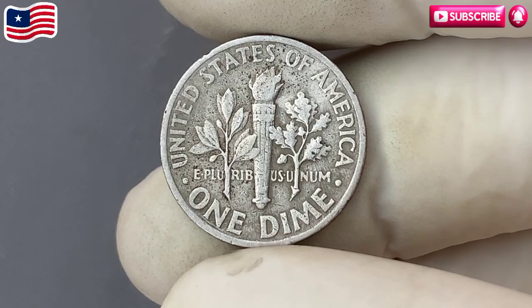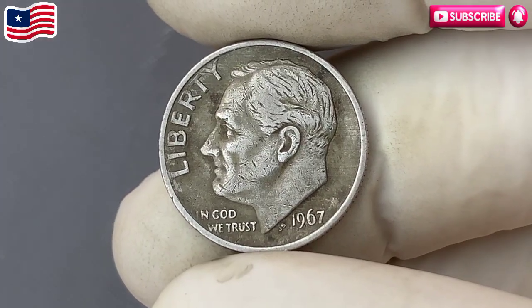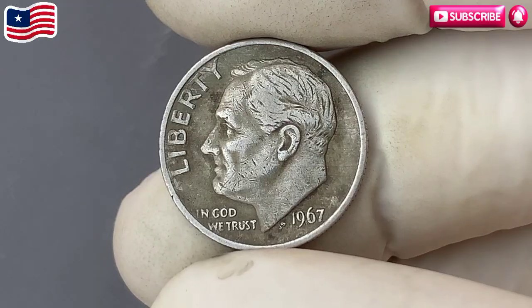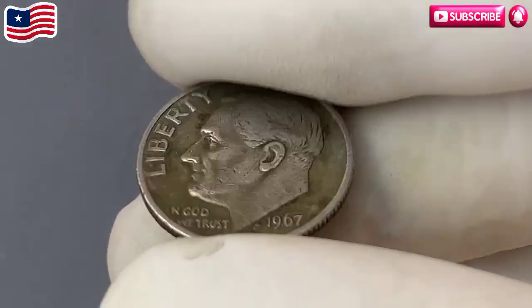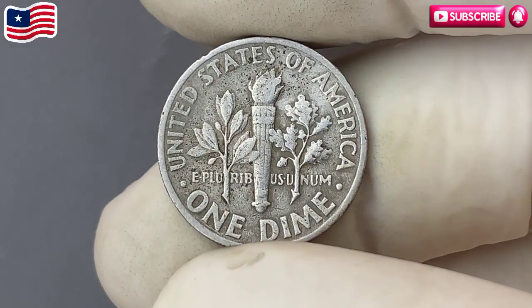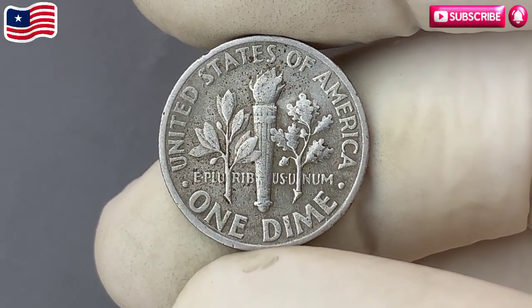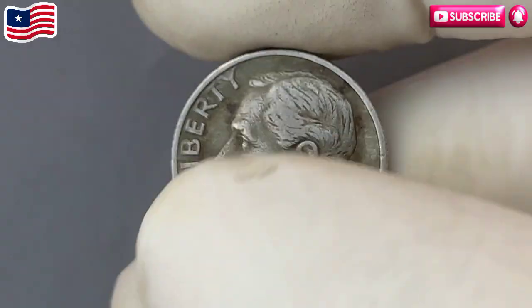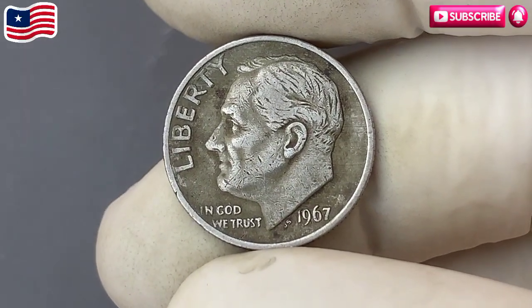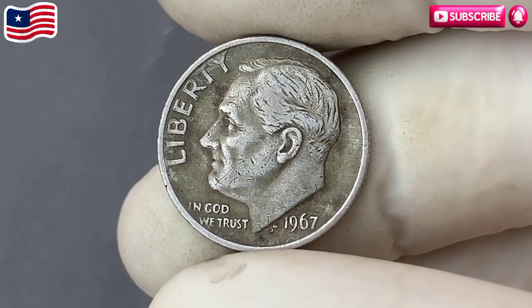While most circulated coins might be worth just a few cents or dollars, those exceptional specimens that have been professionally graded and verified for their superb quality are achieving incredible prices. In fact, one remarkable example of the 1967 dime recently sold for an astounding $199,000. That's $199,000 for a single dime, an extraordinary figure that shows just how valuable rarity, condition, and history can make